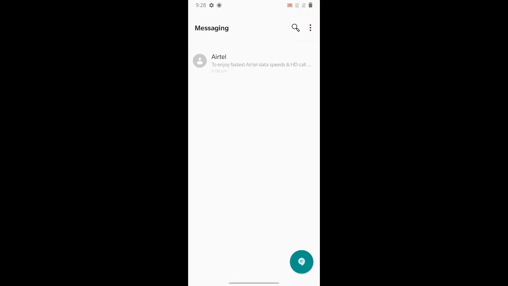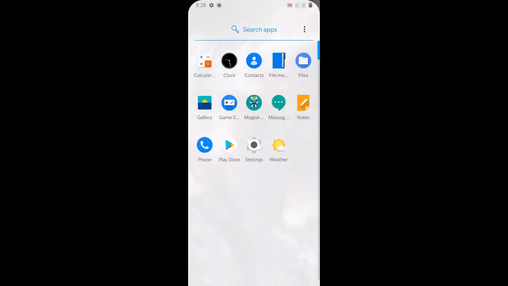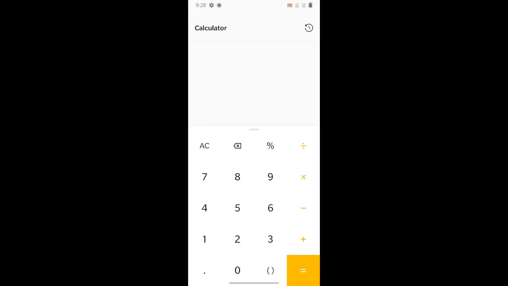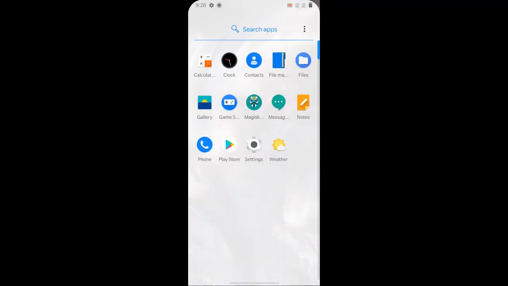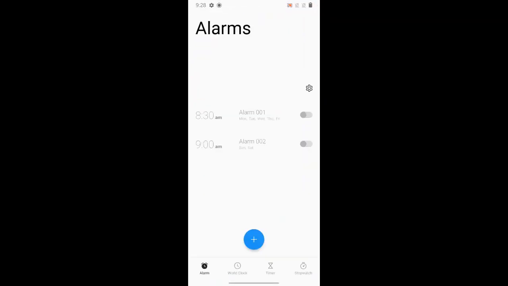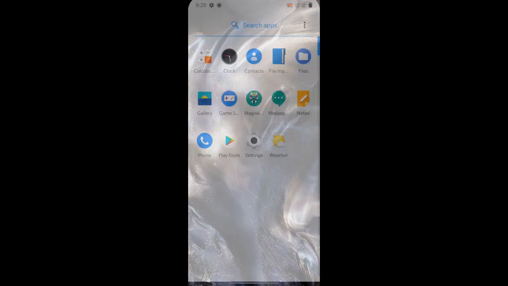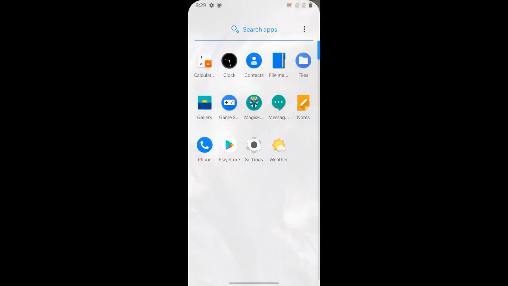The messaging app has also been updated. Very few apps have been added to it. You can also use Gcam if you want to. So let's test all the apps one by one. You have the calculator. The alarm clock and the clock app have also been changed and modified. Now this Oxygen OS 11 most probably looks like One UI, a cheap adaptation of that One UI, but yeah, it's working good.